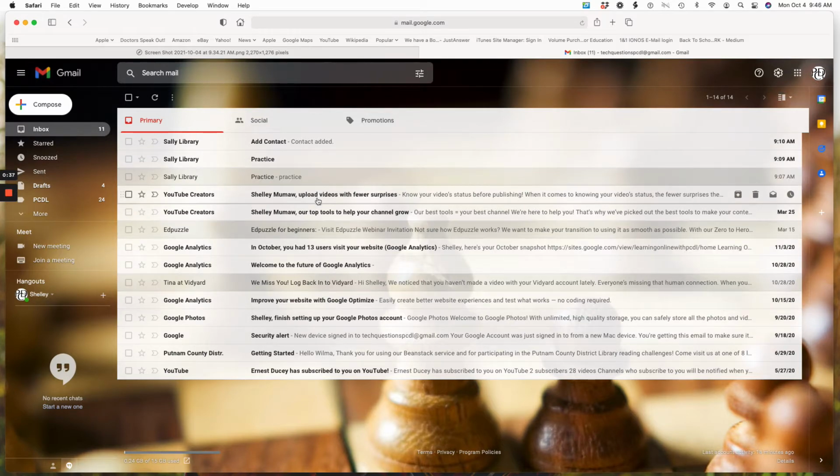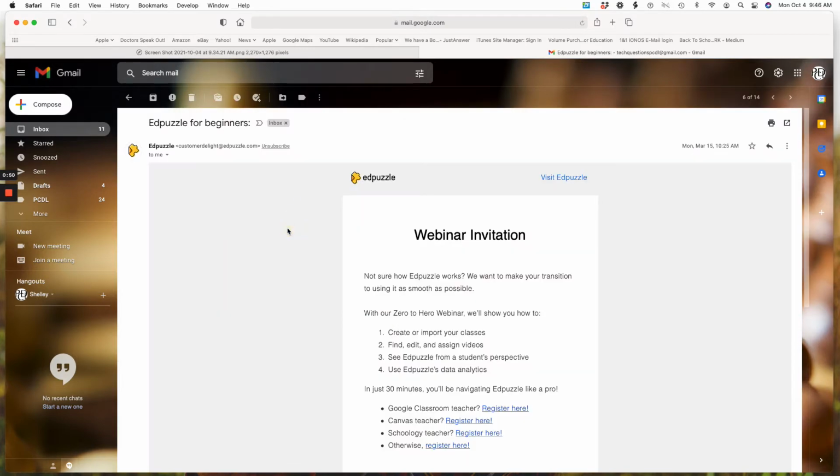Before we go into the actual adding of a contact, I do want to, as a side note before we start, show you how I have an Edpuzzle here, which I just want to click on to show you the difference, because this is actually an email from an organization that I subscribe to. So I wanted you to make note and notice how I got the email address up here. I guess I could add it as a contact, but I also wanted you to see before I did that